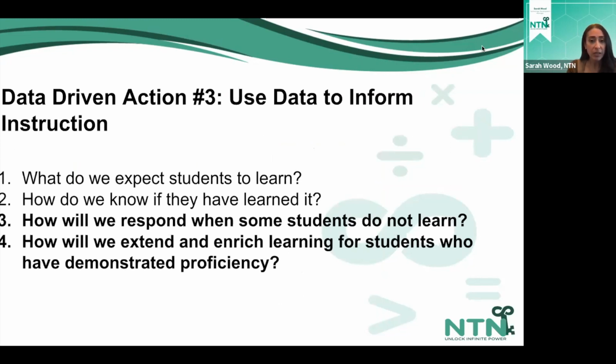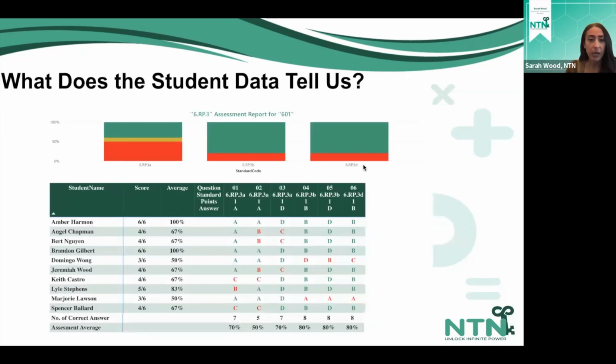So let's just go ahead and take a look at an example here. We are using a tool that we have at National Training Network called Mathematics just to help illustrate our point, but please feel free to use and evaluate whatever resources you have access to within your own respective role. But what we're looking at here is actually a data report for an assessment that was created and administered to students, and it aligns to the previous standard that Heather was expanding on with some of that PLC work,